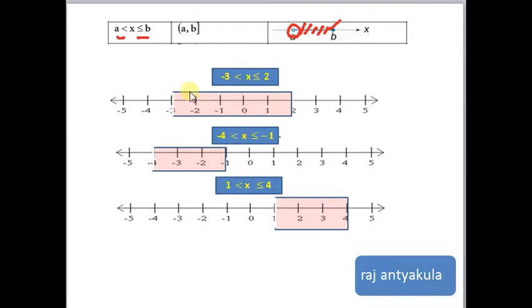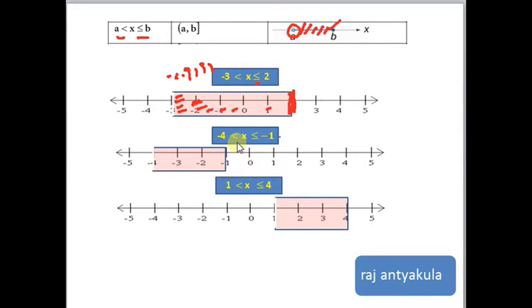Okay, including b. Minus 3 less than x less than or equal to 2. So it can't take minus 3. It can't take minus 3, but from minus 3 onwards it can take values till 2. What is the maximum value? Maximum value is 2. Here it can take minus 2.9999 and so on, but it can't take minus 3 because the equal to symbol is not there. So x can take any value greater than minus 3 and less than 2, including 2 because here the equal to symbol is there. So this part is very important.